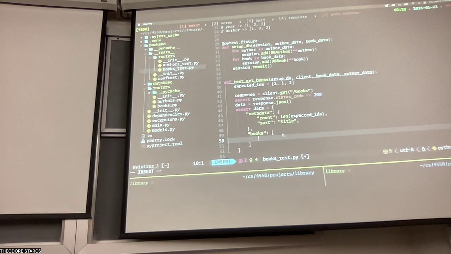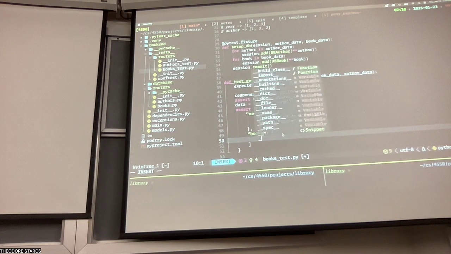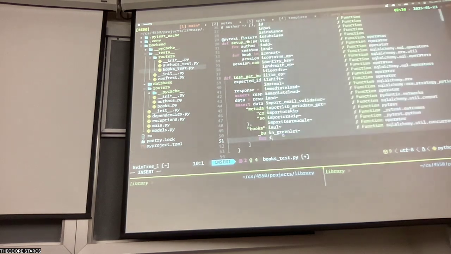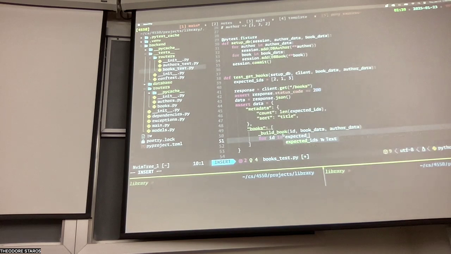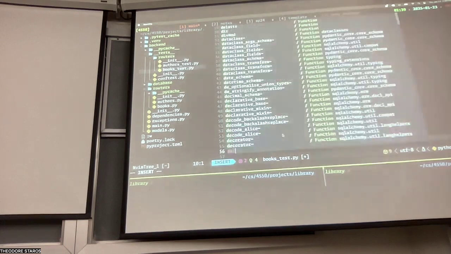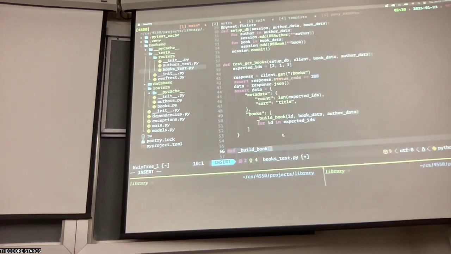And so what I might do here is have a helper function that's going to say, let's build a book from an ID, and also from the book data and from the author data. And we'll say for ID in expected IDs. So now everything's going to be great. I just have to define a little helper method down here, which is like,